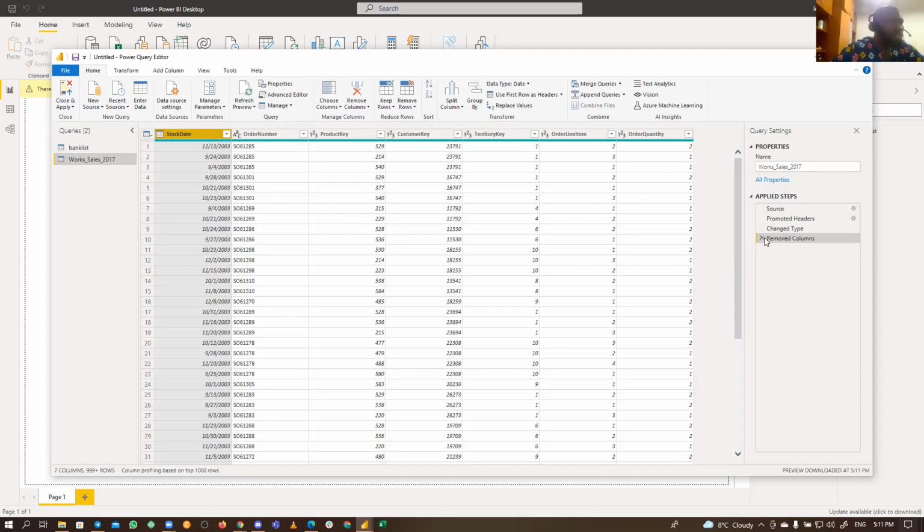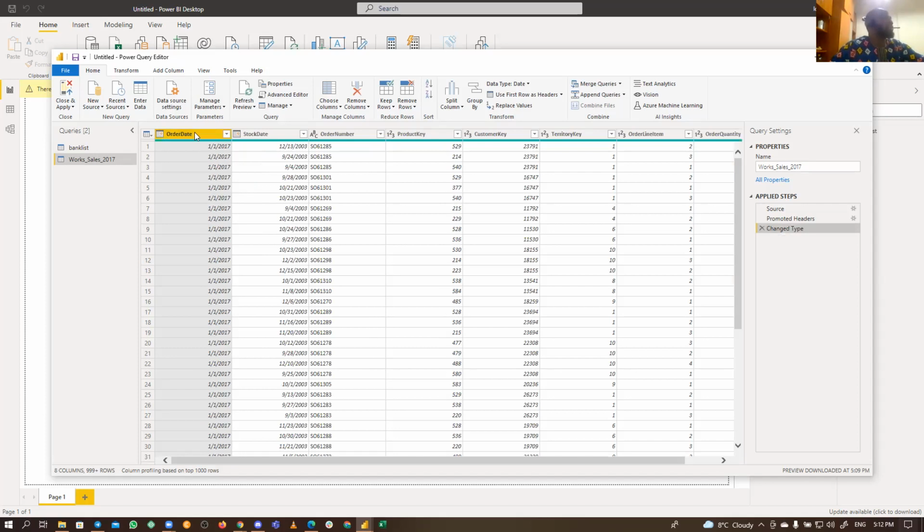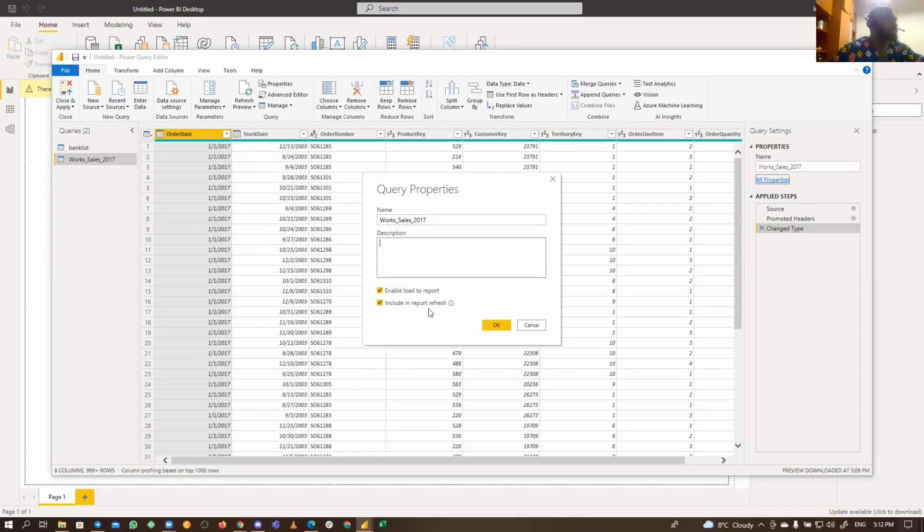So if you need to restore your data, I mean the Control Z, instead of applying that Control Z, you can just close this out. If you hover on it, you see this red cross, meaning I want to cancel this out. So once you click on it, we are back to what we had before. So this is like the alternative to the Control Z. Do you understand what I'm explaining? Yeah. Okay, that's perfect. So if you also check on all properties, you can add description, include in report refresh. That's if you refresh your report, you can always have this here or not. These are all the modifications you can make to it.